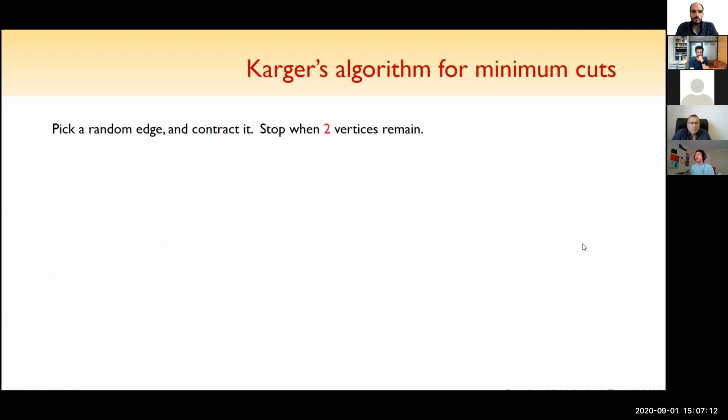So let's begin with Karger's randomized contraction algorithm for just minimum 2-cuts, not min K-cuts, just to begin with. So the algorithm is very simple. We always